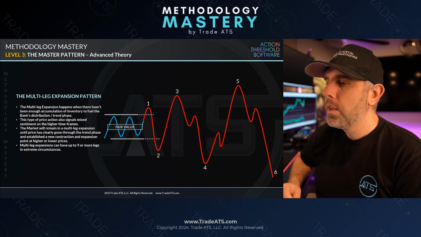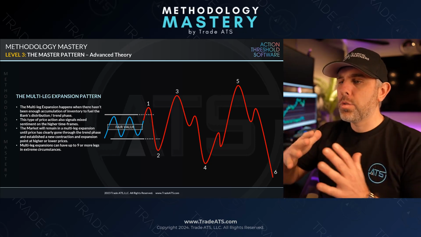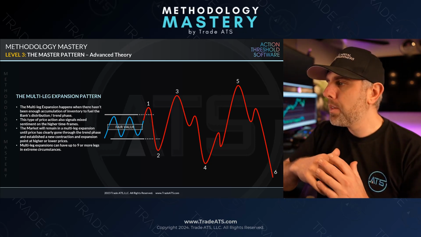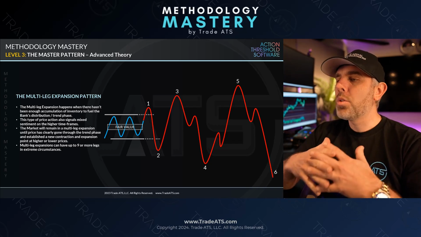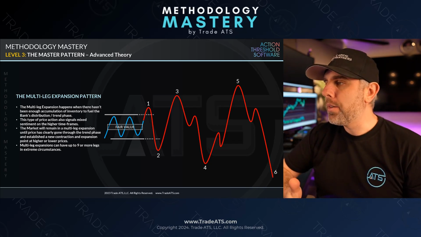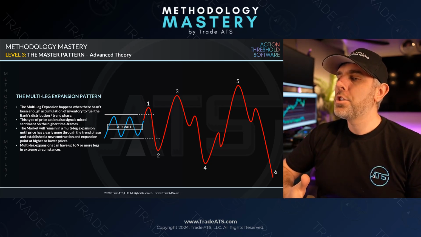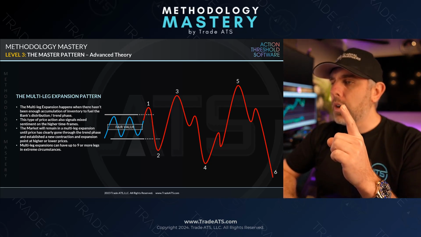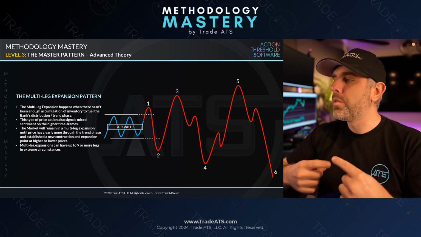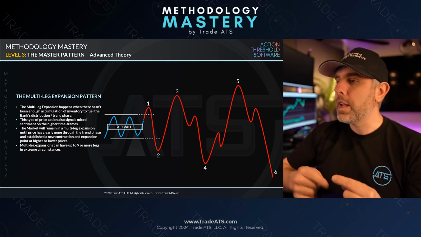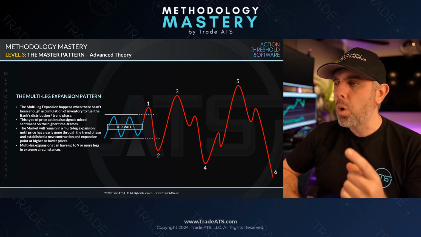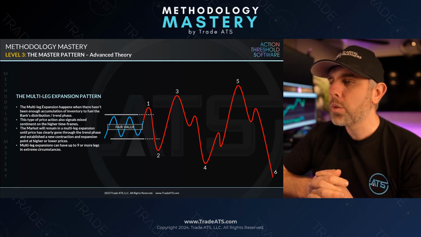Why is that? Well, we have price contraction. Contraction happens all the time. But what gives weight to that contraction area is the multi-leg expansion. And we know that we're in a multi-leg expansion when we have that first swing low or swing high and swing low point. This could also be reversed. That 1 could come out the bottom and 2 could be at the top. What we're looking for is that the high of the box gets taken out and the low right after that, or the low and then the high. So that gives us our first 1 and 2 expansion leg. That's really what we're looking for.